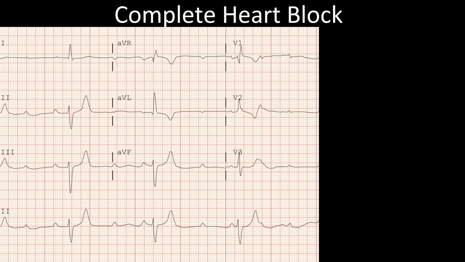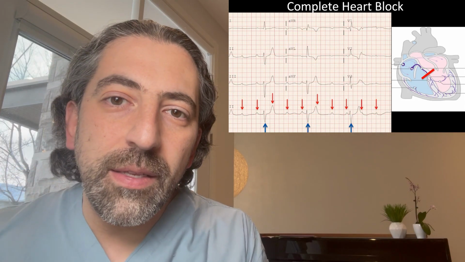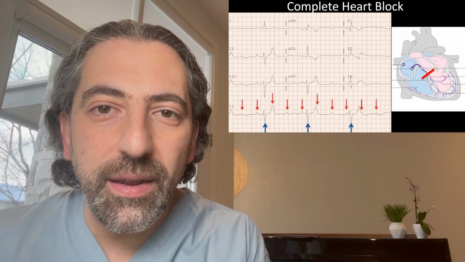Here's another example where you see the P waves marching at their own rate. If you track the P wave intervals, you'll find that some P waves are hidden within the T wave. And you see that the QRS complexes are also marching at their own rate. The P wave intervals are regular, the QRS complexes are regular, they're not related to each other, and so this is an example of complete heart block where there's no relationship between the P waves and the QRSs. And it's important to note here that the QRS complexes are usually bradycardic